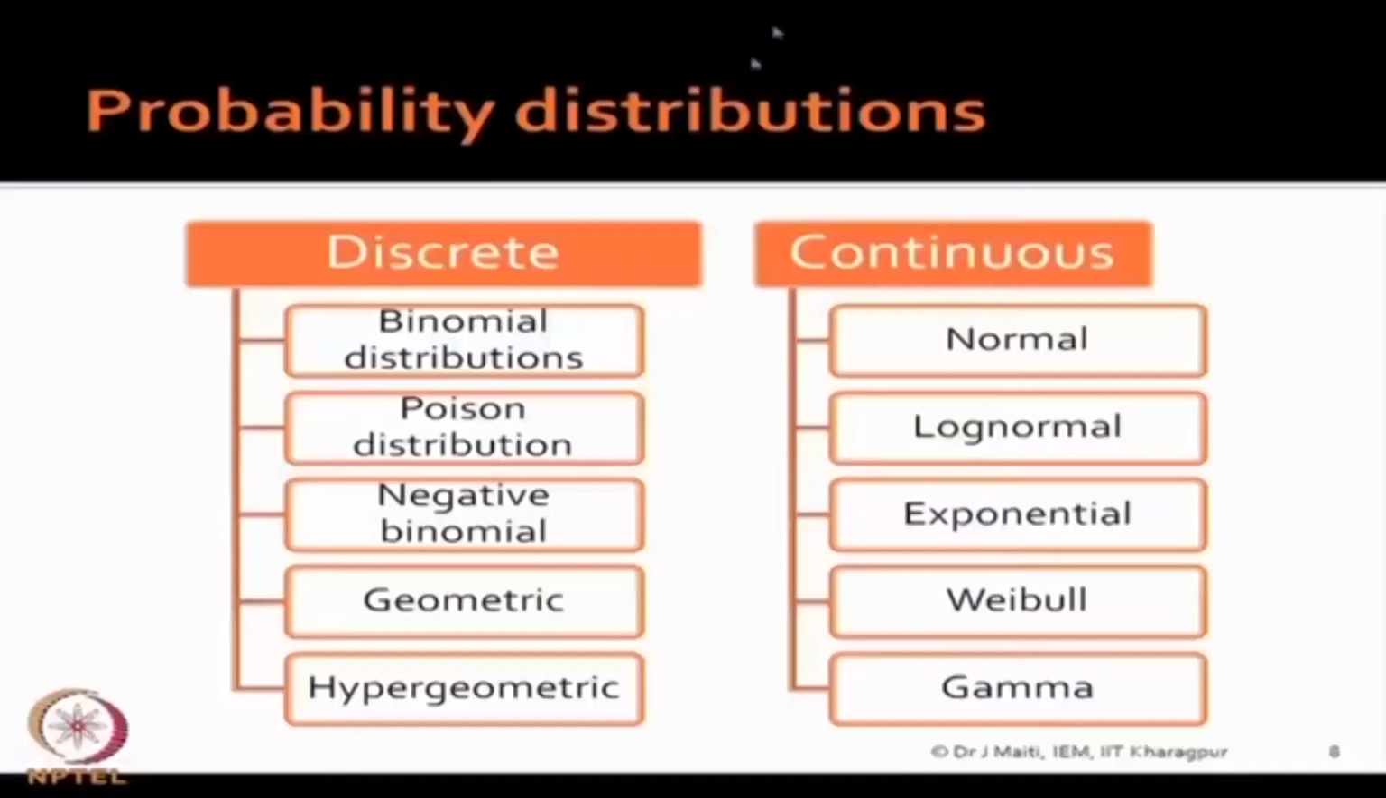Now, there are many probability distributions. You see here, we can see them under two heads, discrete and continuous. Under discrete distributions: binomial, Poisson, negative binomial, geometric, hypergeometric, and many more, a series. Similarly, under continuous: normal, log normal, exponential, Weibull, gamma. There are so many probability distributions. We will not discuss all the distributions; we will only discuss the normal distribution here,